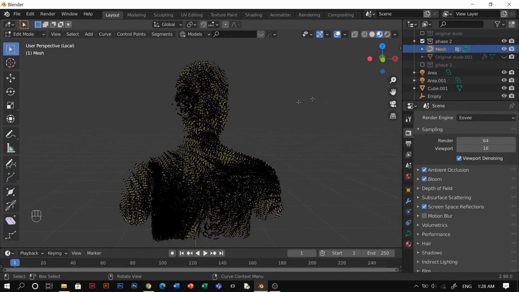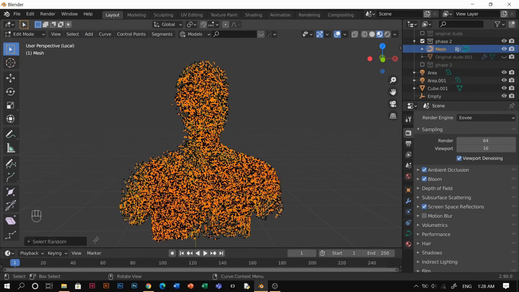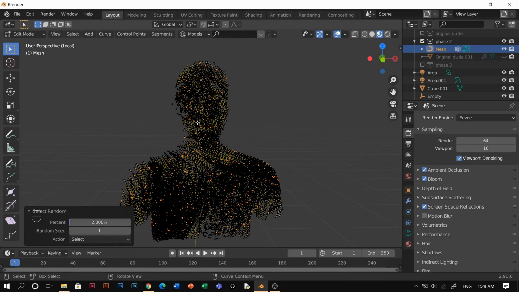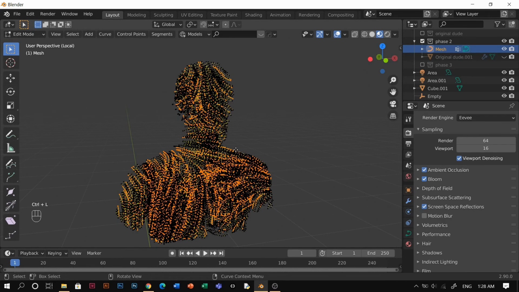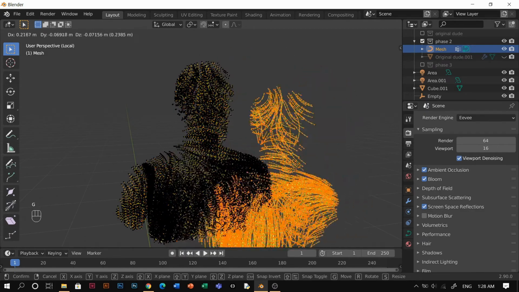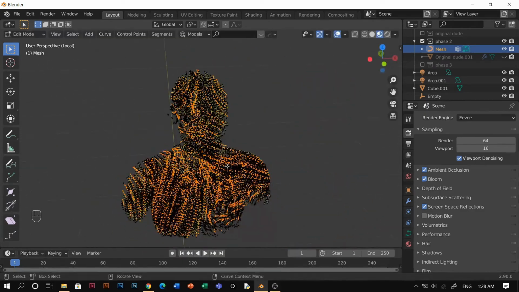And don't select everything, okay, select somewhere else, and then select random, and then you can try to put for example 2% like that, and then Control L, so it's gonna take 2% from the mesh, and then this one you can actually try to